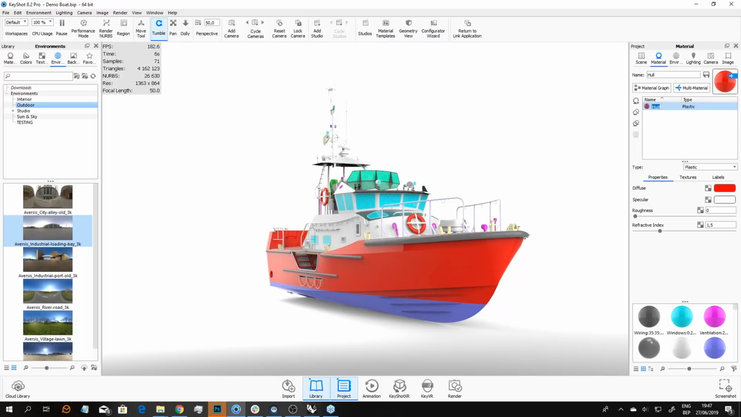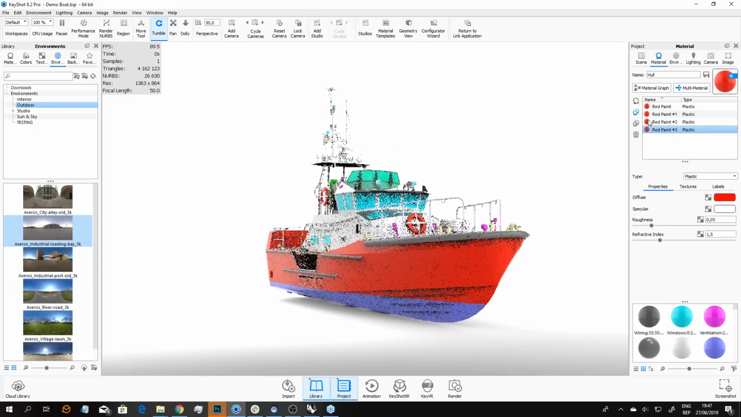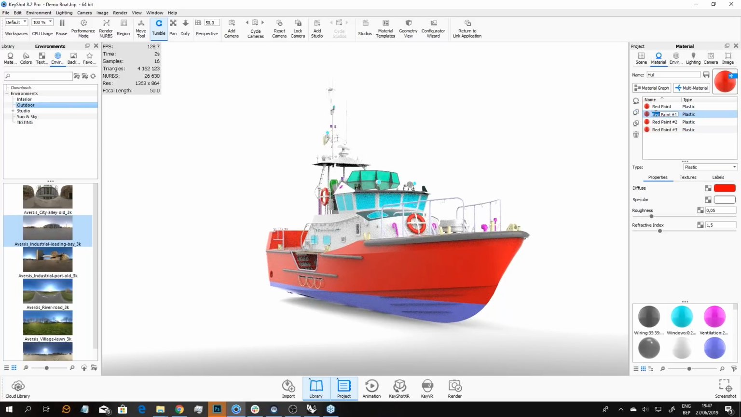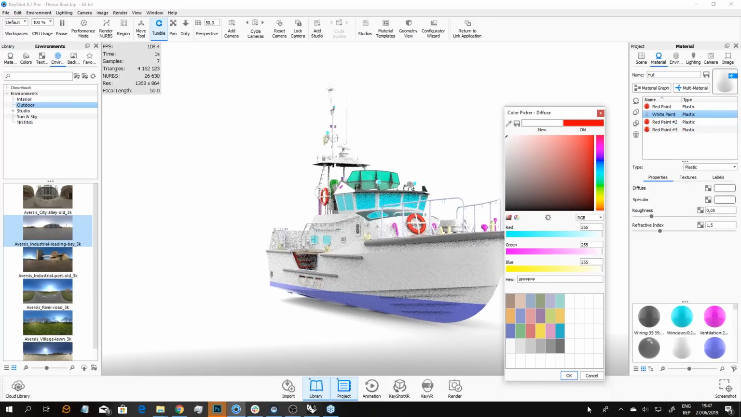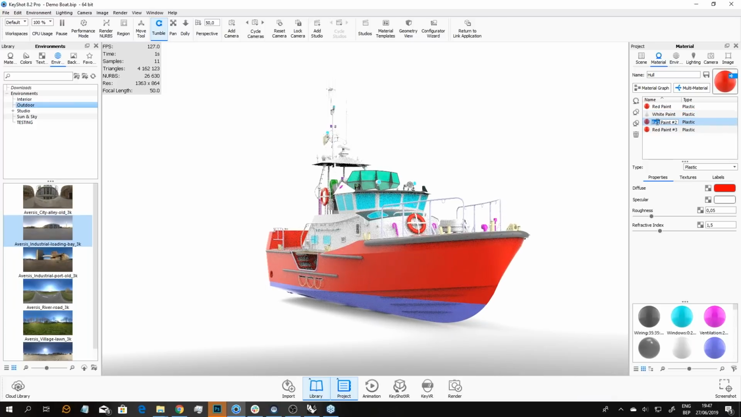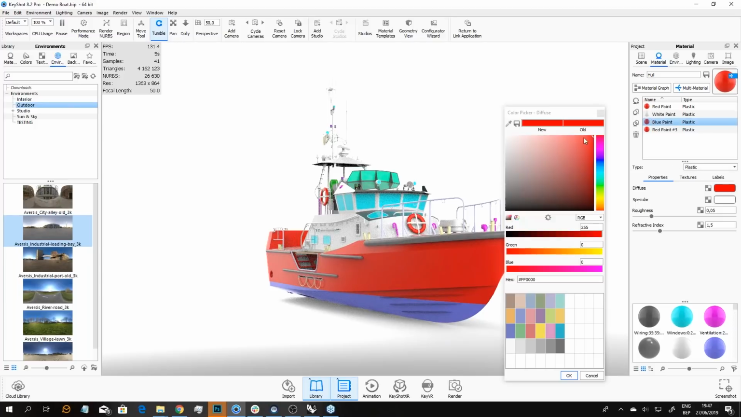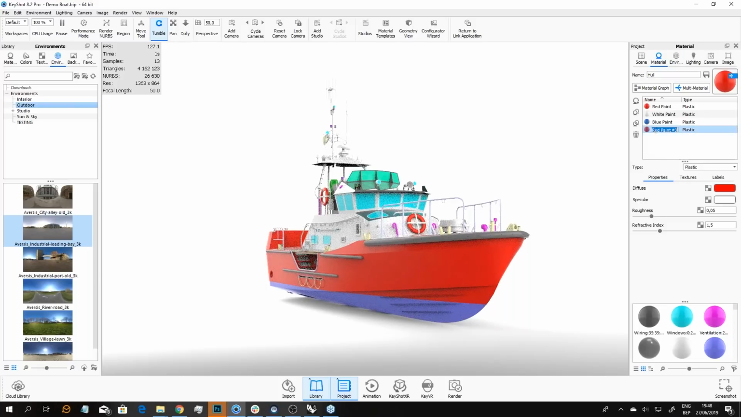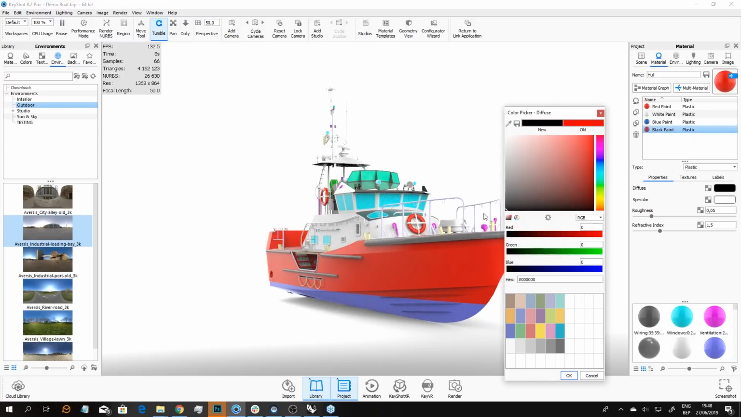So this one I can call red paint. It's fine if it's a plastic. And then maybe I give it some roughness, and then I want to create some color variations. So I can just duplicate multiple times, and then I want to have a white paint, change the color to white, and then I want a blue paint, then I change the color to blue, maybe a more marine blue, and then I want black paint. Change this to black,